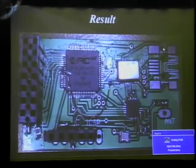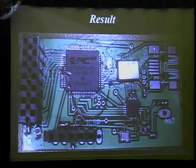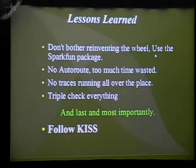You can't use CMOS for an NRF chip. It just doesn't register it. You have to use a crystal and turn it into a resonator using capacitors and a resistor across the pins. So the lessons I learned from this is